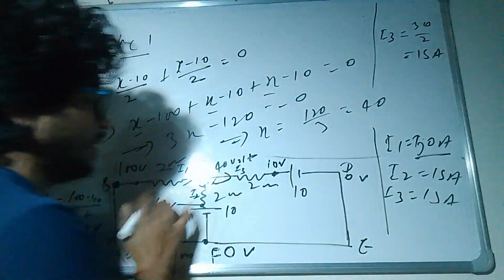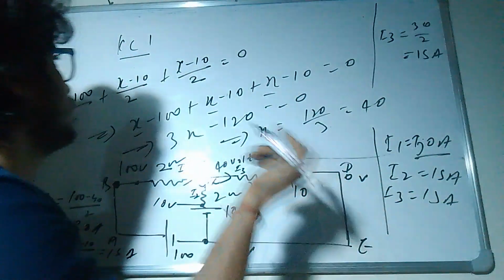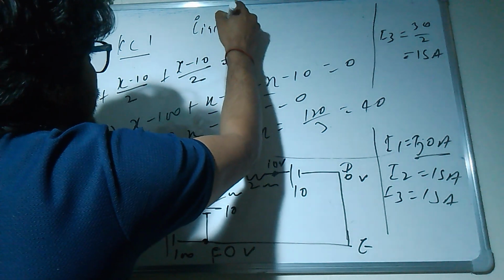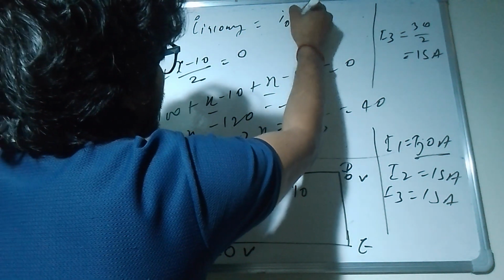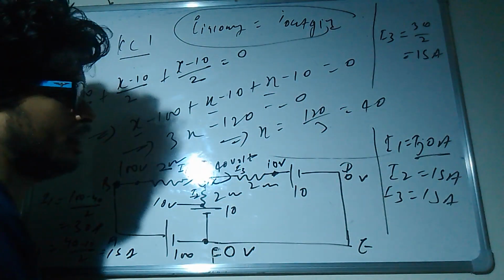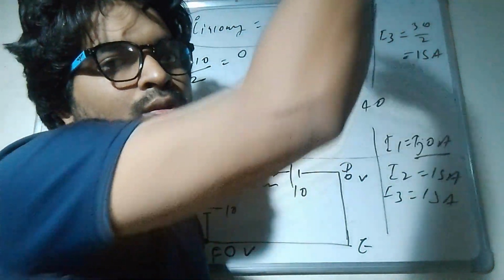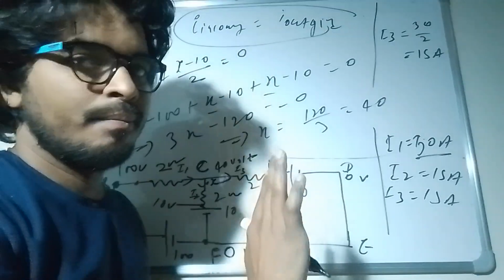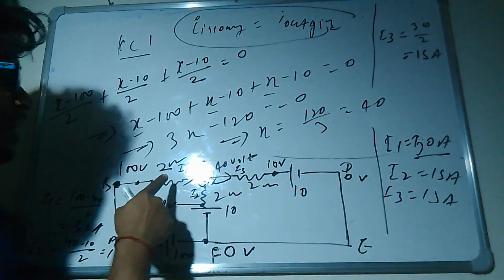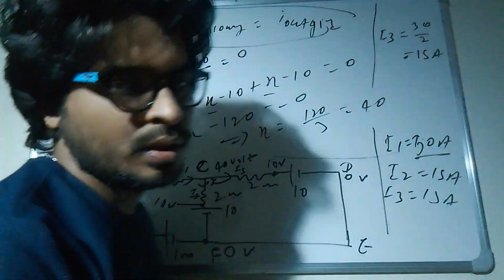So I already mentioned the direction in the circuit over here, and you can also verify it. Incoming current is equal to outgoing current. Some people apply this as I incoming equals I outgoing. This is the same thing; if you take it on this side it will come with a negative sign, because outgoing is negative. Minus minus plus, the theory is the same, but it depends on what you like and how you apply it. So this is 30 ampere. You can apply this here: 30 ampere is coming, 15 ampere is going, 15 ampere is going, so it's satisfied.